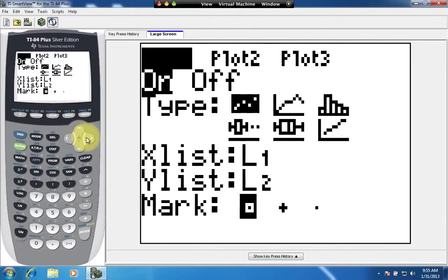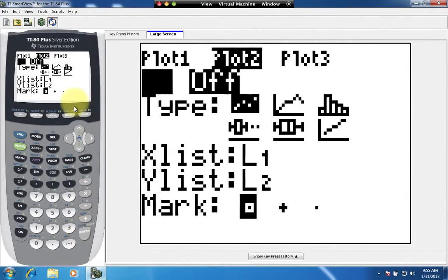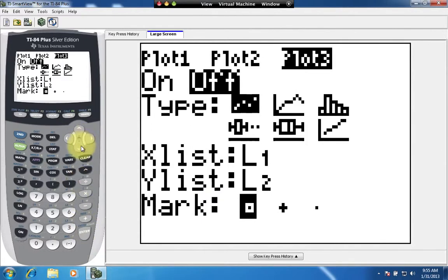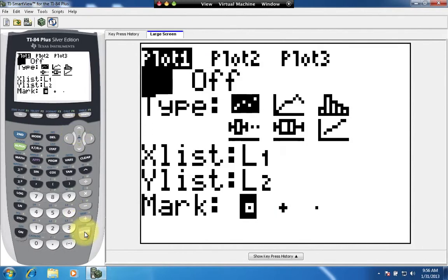If your other plots are on, use your arrow up and arrow to the right, plot 2, hit enter, and make sure that you highlight off and hit enter to turn it off. Go up and do the same thing with plot 3. Hit enter and make sure that it's set to off. Okay. So going back to plot 1, which should be the only plot that's on, you're going to use your